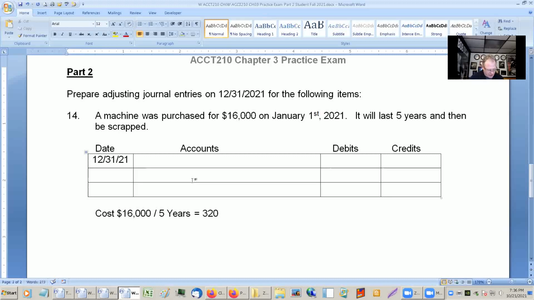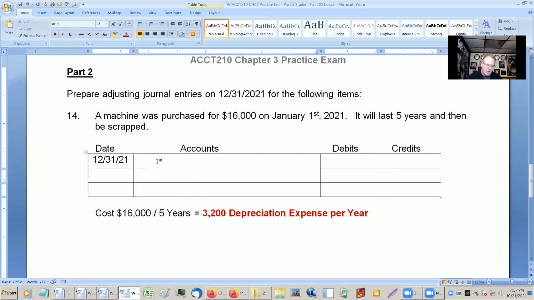Those will be the depreciation expense. Hold on. Oh, yeah, it's going to be 3,200. Yep. So every year, 3,200 will be